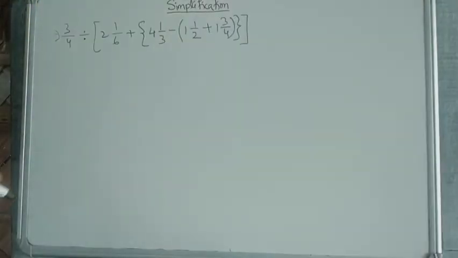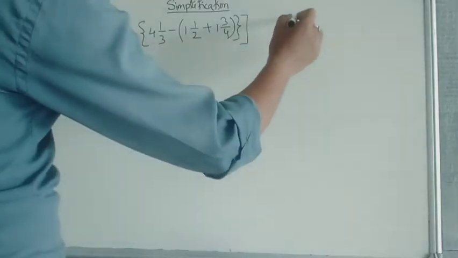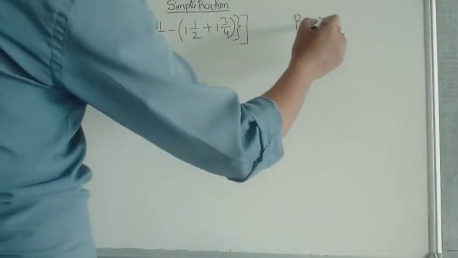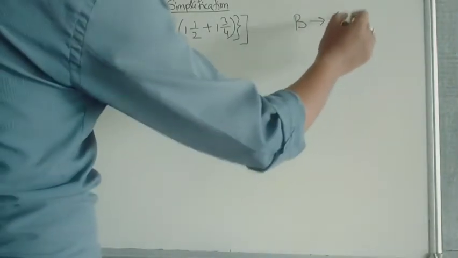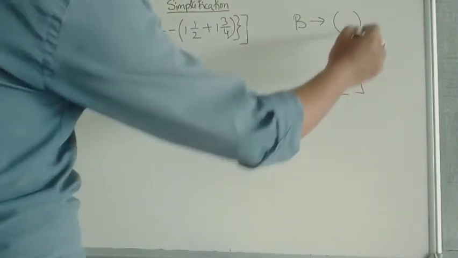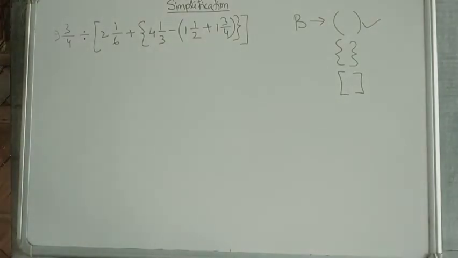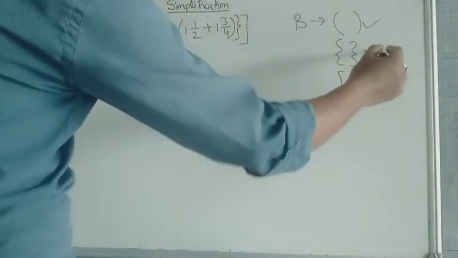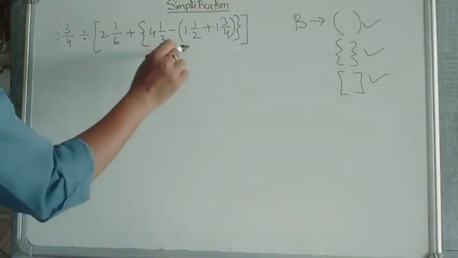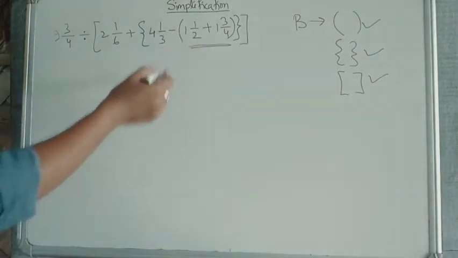We have another question. So in this question what we will have to do? First, I told you in BODMAS bracket is there. In bracket there are 3 types of bracket I have told you. First bracket, second bracket and the third bracket. So we have to go for the first bracket first, then the second one and then the third one. So in this question, what is your first bracket? This is your first bracket. So we have to solve this one first.